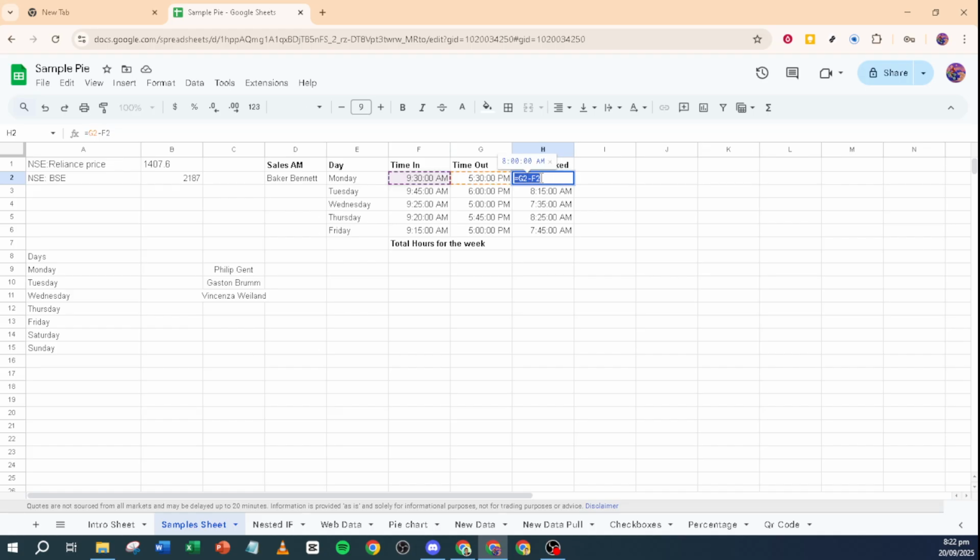If your end time is in cell B2 and start time is in A2, your formula should appear as equal B2-A2. Once your formula is in place, press Enter to perform the calculation. Google Sheets will automatically calculate and display the total hours worked in that cell according to the data you've formatted. At this point, if your times are stored correctly and the formula is applied, you'll see your total hours appear instantly. There you have it, a simple yet effective way to calculate hours worked using Google Sheets.